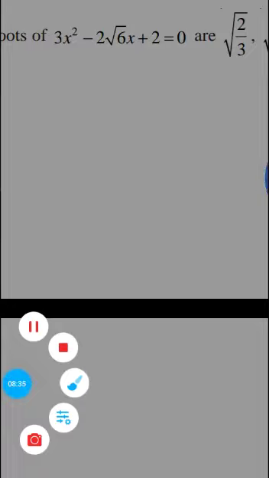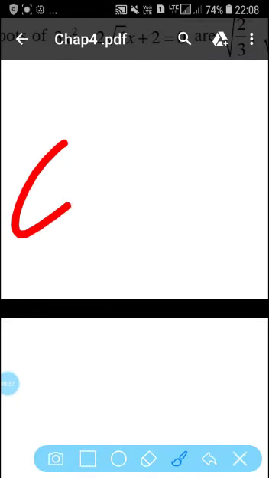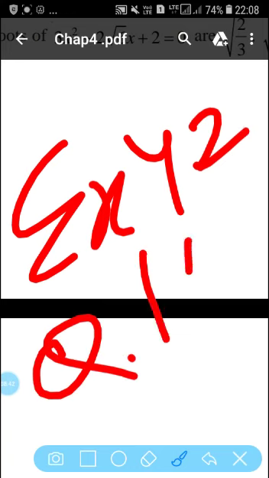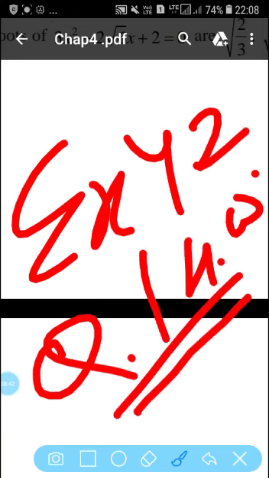Is that okay? And now see, our next question, no need to solve the next question. In the next class we will try to solve exercise 4.2, but for exercise 4.2 you have to do some homework also. Exercise 4.2 question number 1 is homework for you. Is that okay? This much for this class. Please try to solve exercise 4.2 question number 1, and the rest of the questions we will discuss in the next class. Have a good day.